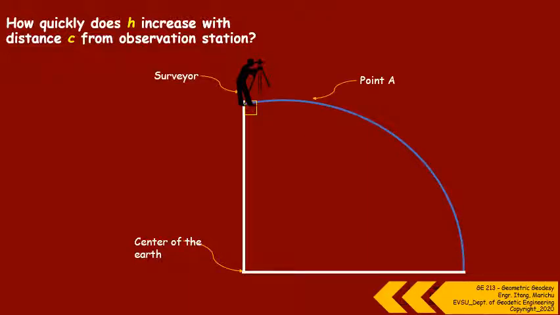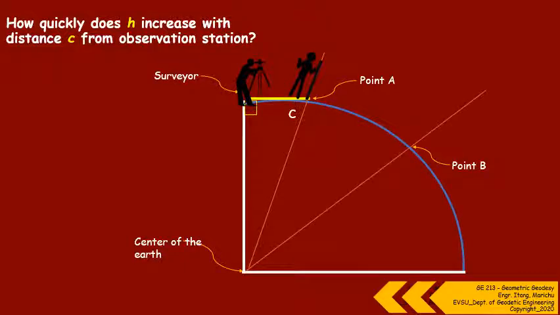For example, we are only measuring point A, which is near the surveyor. The curvature is not noticeable because the distance from the point to the observer is limited, so we just neglect the value of h. However, when the point is very far, for example in another latitude, near the equator, very far away.